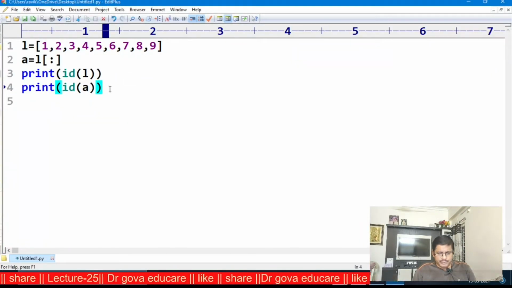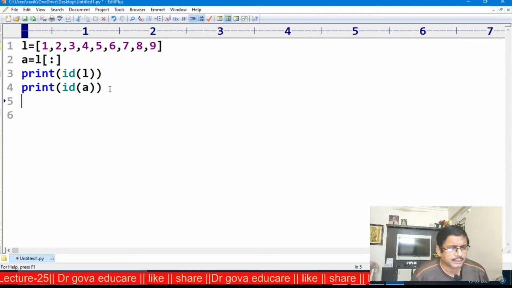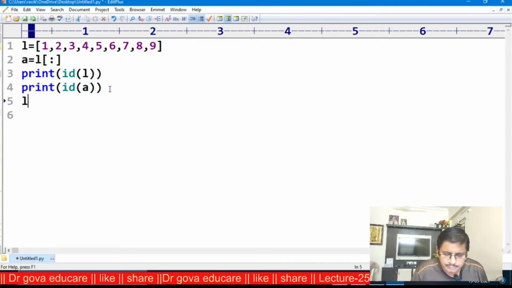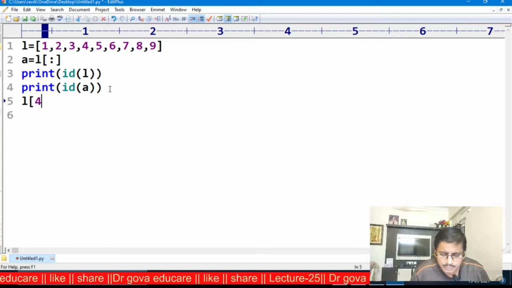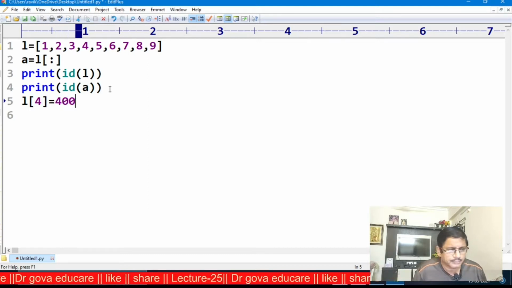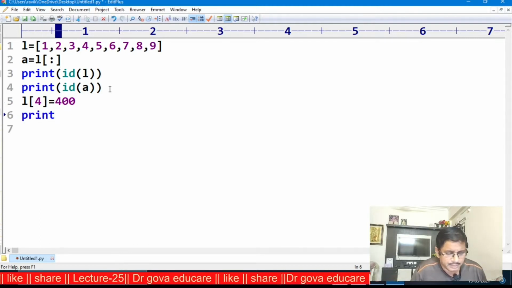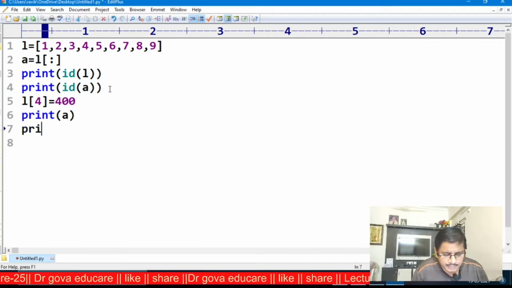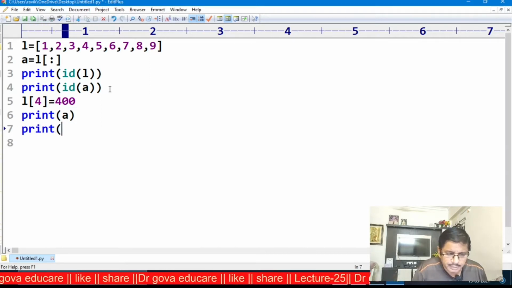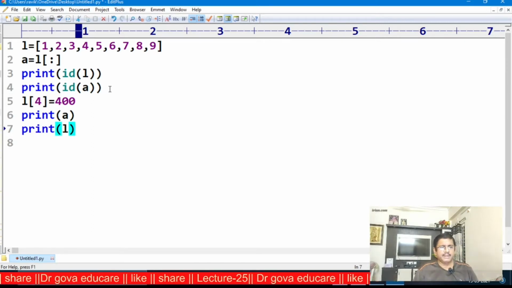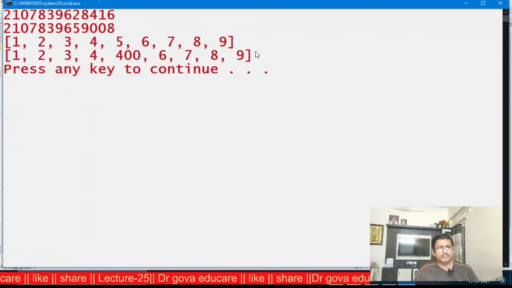Now I am modifying L of 4 is equal to 400. Now I am printing A, printing L. Now observe the output.